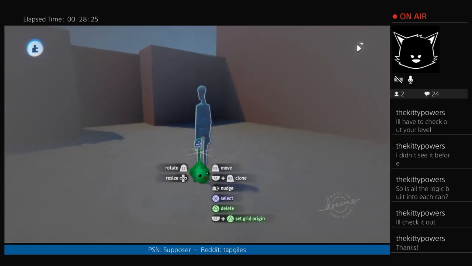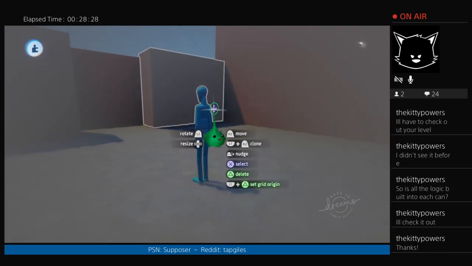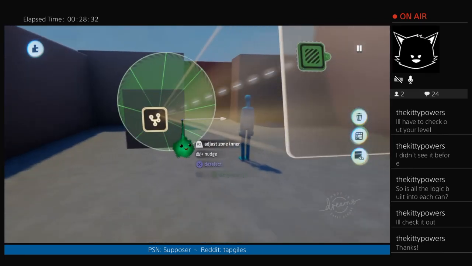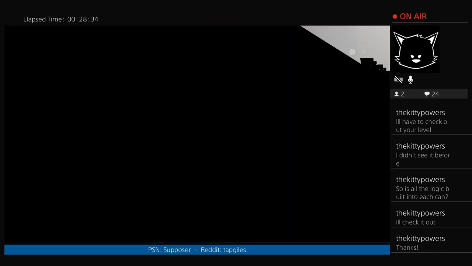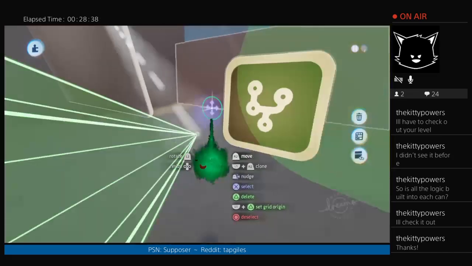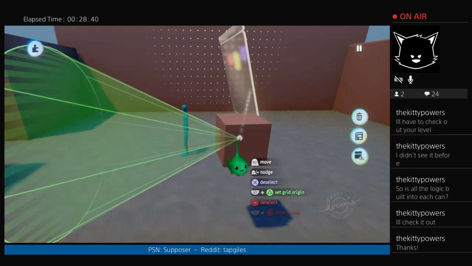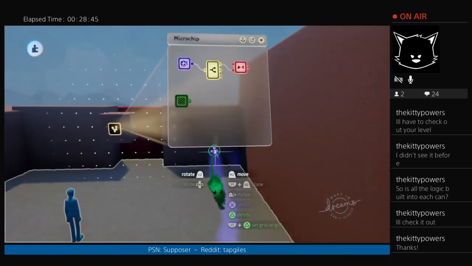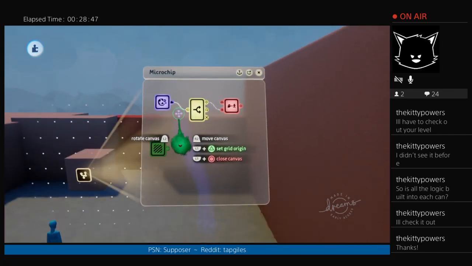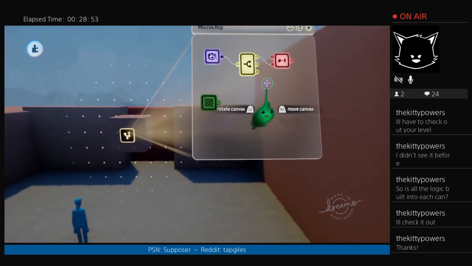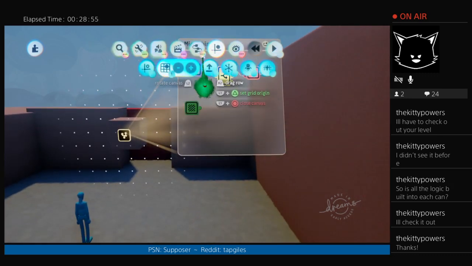So say we're looking over here, and we pause, and the zone, see, the camera doesn't know what direction the camera is facing. So if we go over here, it's still looking over there. It's only using the position of the camera, and at the moment there's no way of using the rotation of the camera, as far as I know. So what I did was use